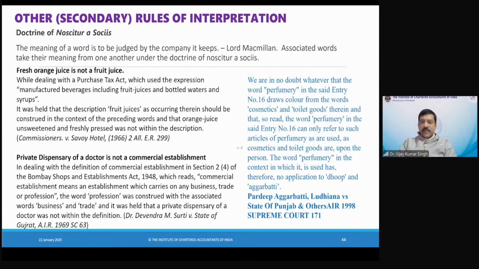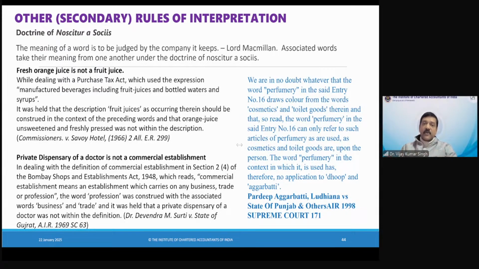Yes, exceptional construction. When we talk about exceptional construction, it is basically an exception. You will see how the flow goes. The flow of your construction should be literal construction first. If by way of literal construction you are not able to interpret, there is some confusion, you move to reasonable construction. In reasonable construction, this is the golden rule. You make the construction, but still, if you find that there are two provisions which are conflicting, or the object of the legislation and the provisions are conflicting, then you try to bring a harmonious construction.